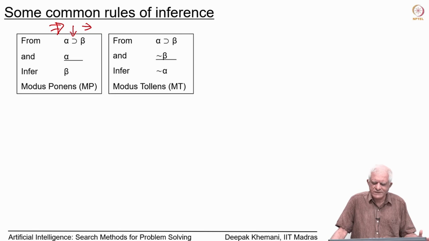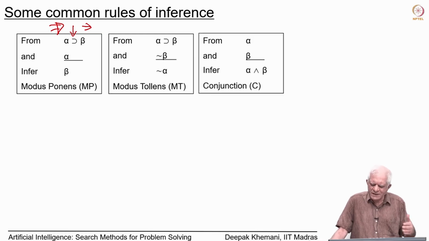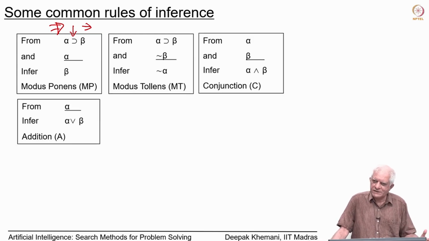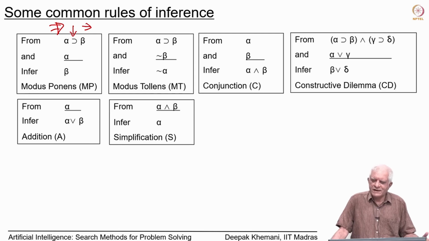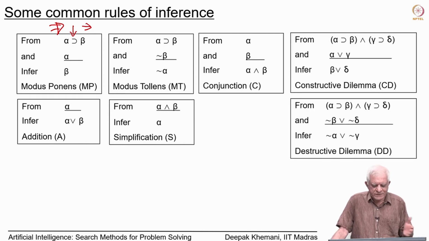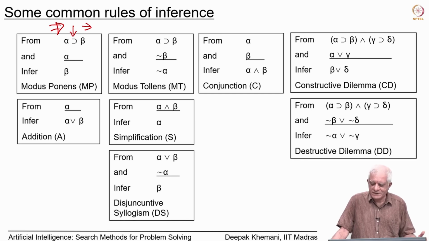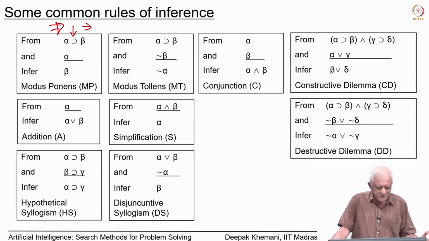Another one is modus tollens, which is kind of the converse of this. It says that if you are given alpha implies beta and if you are given that not beta is true, then you are forced to conclude that not alpha is true, which means you can add it to your knowledge base. And then there are many others. So, for example, conjunction says if you are given alpha, if you are given beta, then you can add alpha and beta to the system. Then we have these various rules: addition, simplification, constructive dilemma, destructive dilemma, hypothetical syllogism, disjunctive syllogism, and things like that essentially. So, basically you can have many rules, and a rule is meaningful, or as we say sound in the